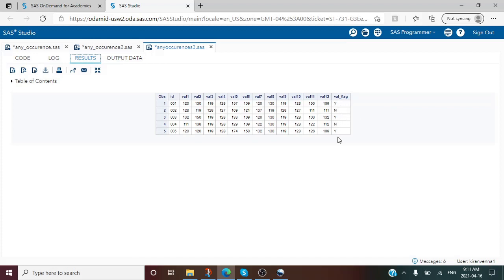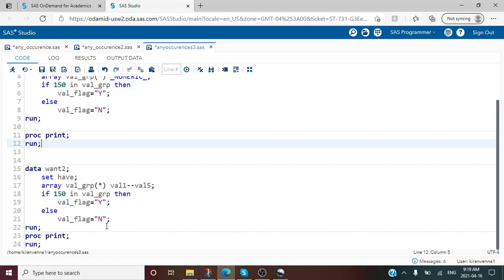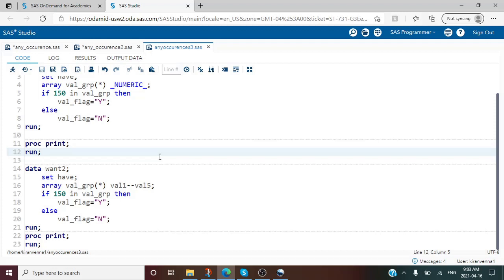Many a time we need not look into all the numeric variables or all the character variables, but are interested in certain variables starting from one particular point and ending at another. For our case, maybe we are interested in val1 to val5. That is, our starting point is val1 and our ending point is val5. Then all we need to do is change _numeric_ to val1--val5.